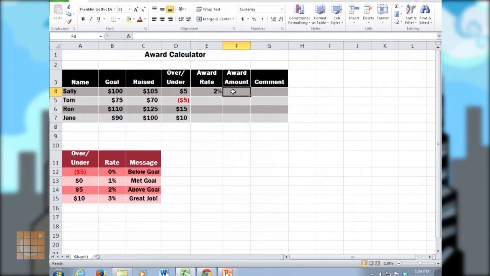All right, so now let's calculate our award. So we'll go equals how much we raised, and we'll just multiply that times our award rate, and that'll give us that answer. And then our comment, we're going to use the same VLookup function again to determine what our comment is. So we'll go equals VLookup,